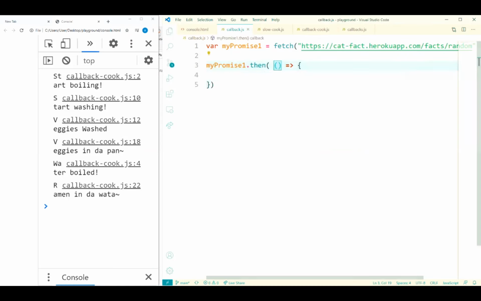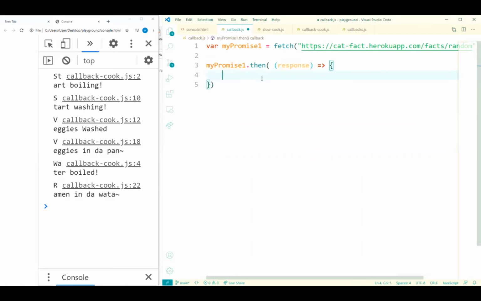We can put an argument here. I'm going to call this argument response. This response is just going to be whatever our promise has resolved into. In our job app example, that promise resolved into a congratulations message. In this example, fetch will return a promise, and this promise can resolve into our JSON object. So right now, we can deal with response as if it was a JSON object.